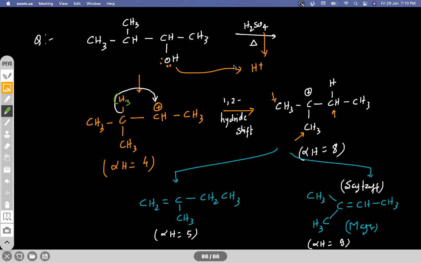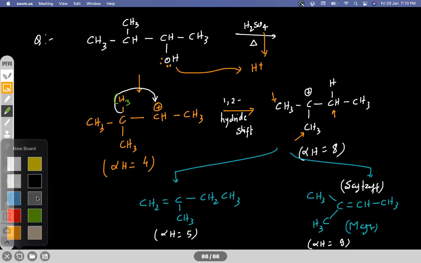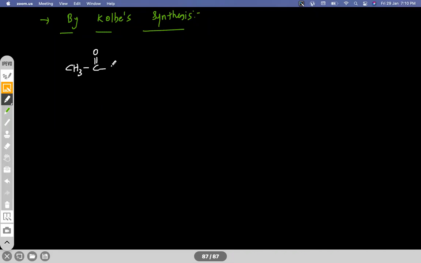Yeah. Next reaction we have: Kolbe's electrolysis, a similar kind of reaction. What happens in this reaction, you see? Suppose we have CH3, C double bond O, O minus K plus,